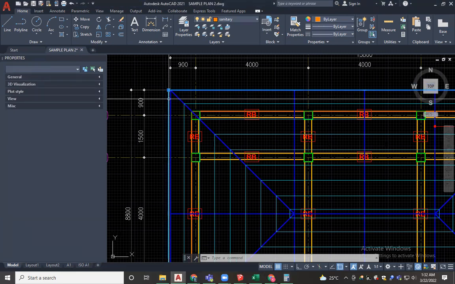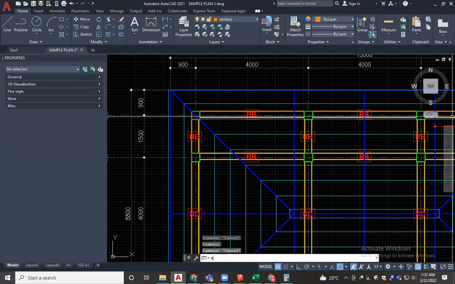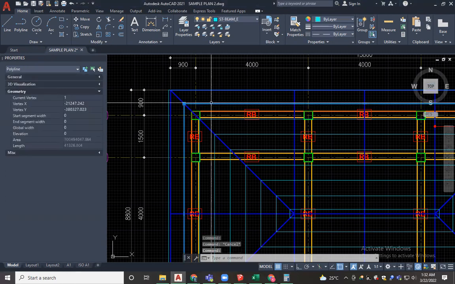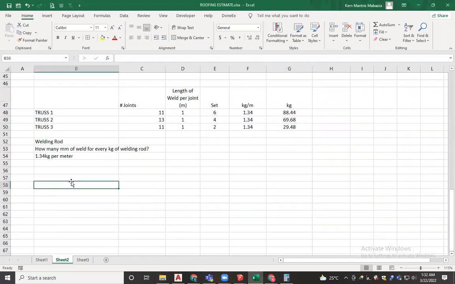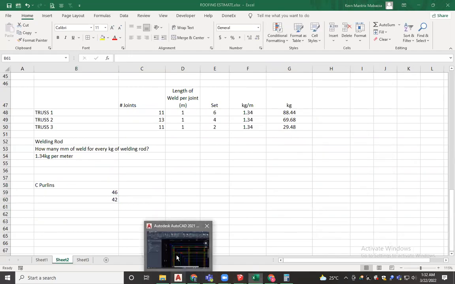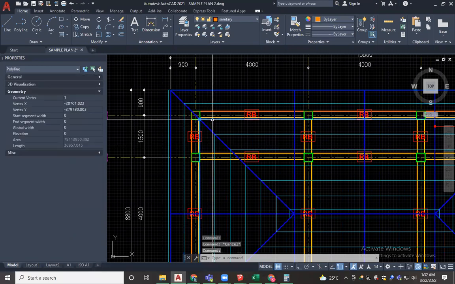This is 46. 46 plus. Next, 42. So, ginagawa whole number na lang. 46 plus 42. For zipper lanes, we have 46 plus 42. Next, we have